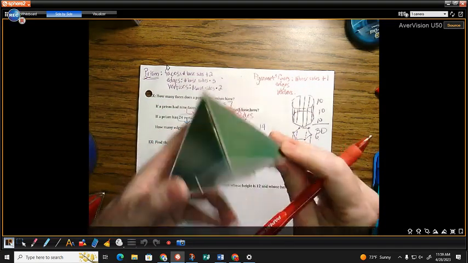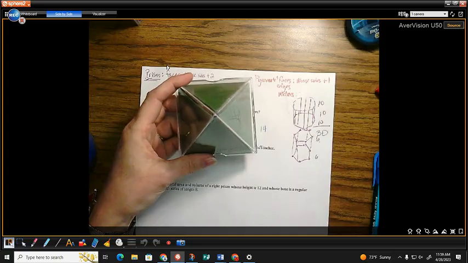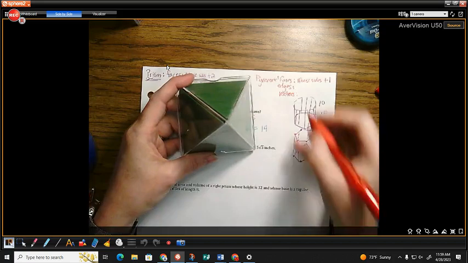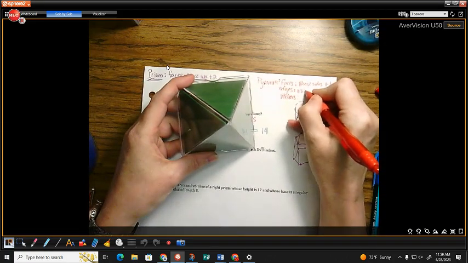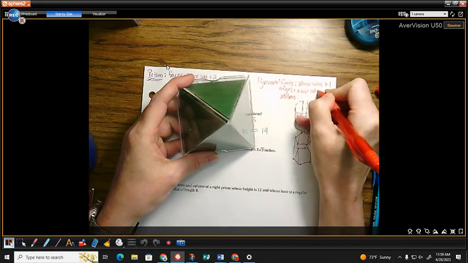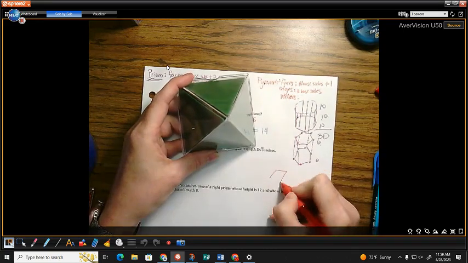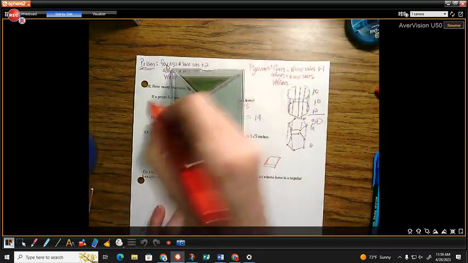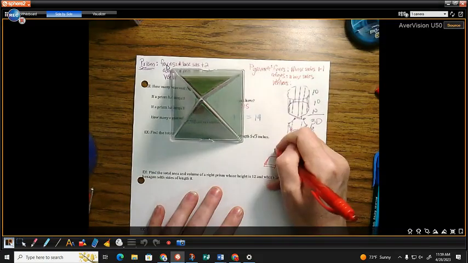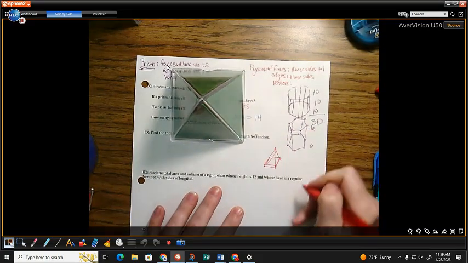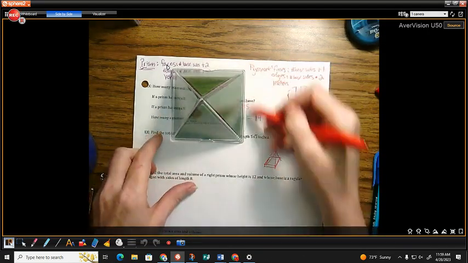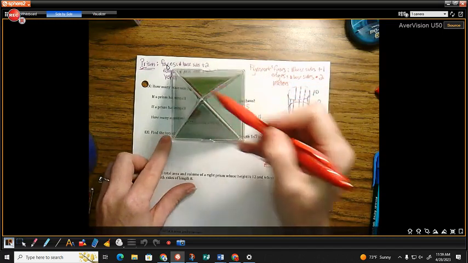What about the edges? How many edges are there going to be on this thing? Are there going to be edges around the base? Yes, so I'll need to know the number of base sides to get those. So this guy is a square pyramid, so I'd have those 4. Okay, how do I get these edges? How many edges are there going to be going up? 4. The same number. So it's the number of base sides twice, because then you'll have the 4 edges along the bottom, and then the 4 that come up to the point